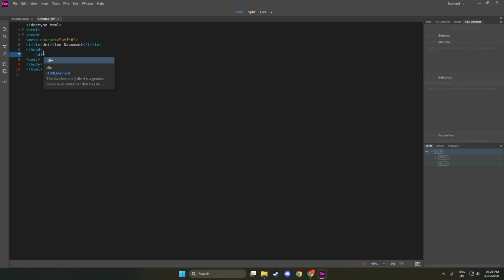Dreamweaver will show suggestions as you type. These suggestions appear based on what you've started typing, providing you with options to choose from. This is immensely helpful because it reduces the need to memorize every tag or function, thereby speeding up your development